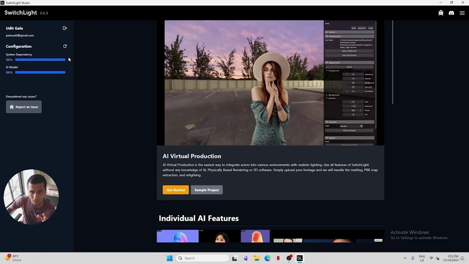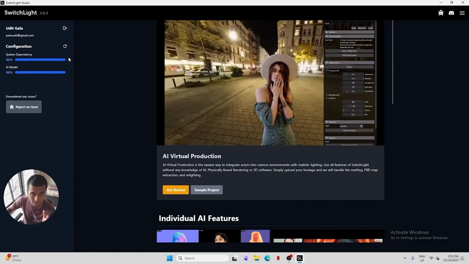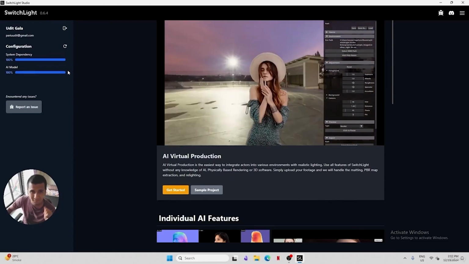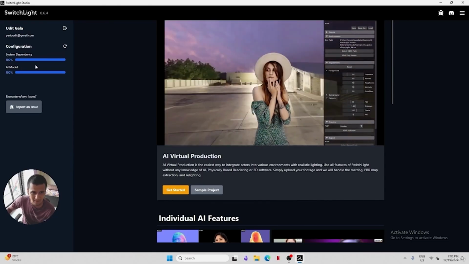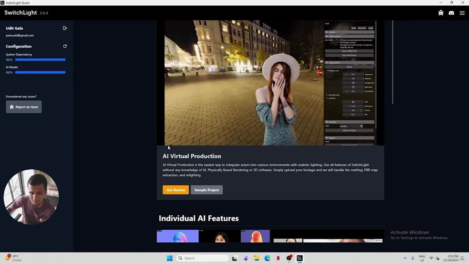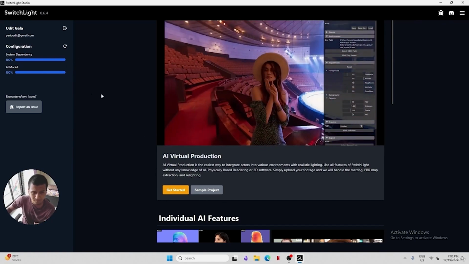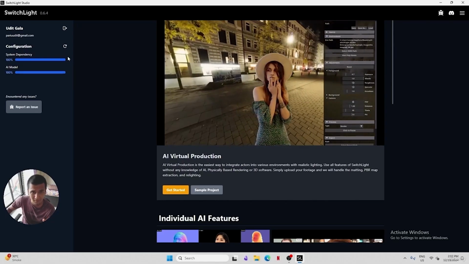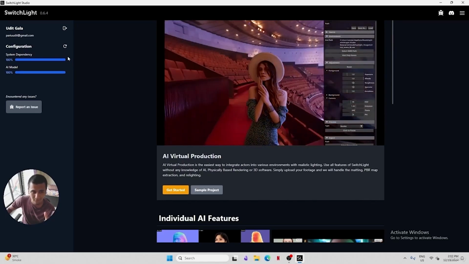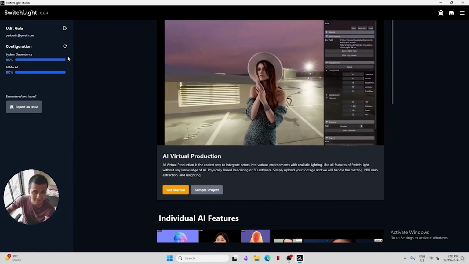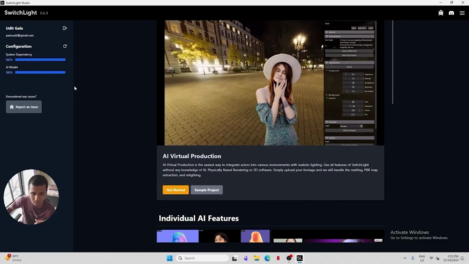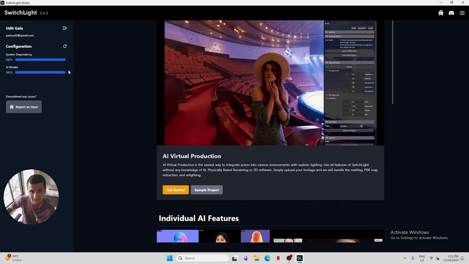But when you install this software for the first time, it will take a lot of time. It's some kind of process, and when it's done, only then you can use these settings right here. Later on, it won't take much time. It will be just seconds. So just wait for that, and when you're done,